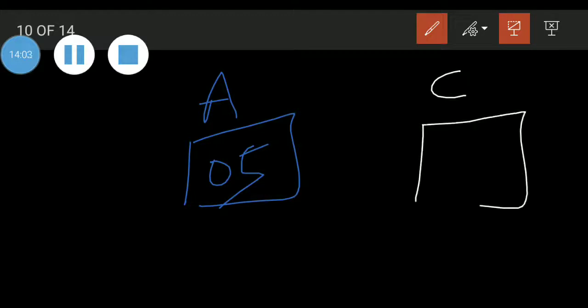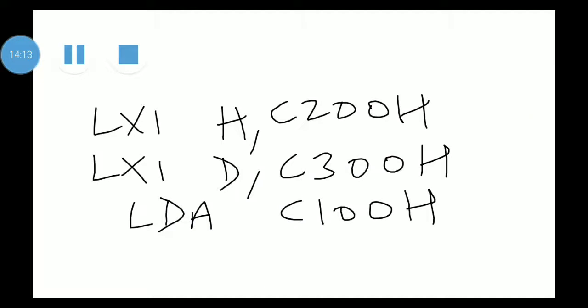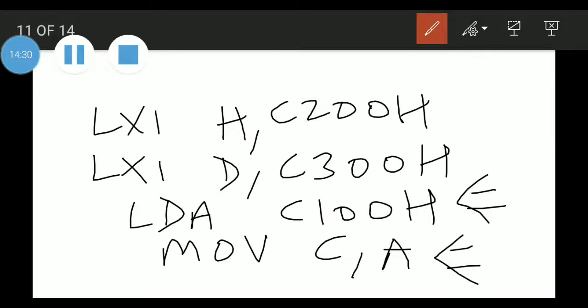I will move this content into the C register. The instruction is MOV C comma A. When we write this, whatever content is present in the C100 size location will come in the C register. This much is clear to all.